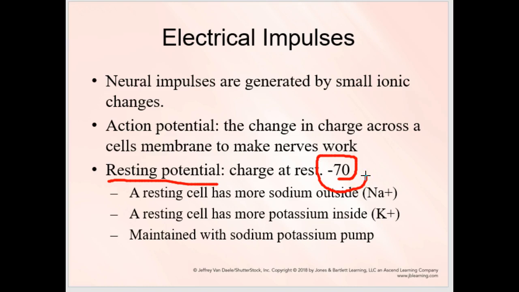The general gist of why it's -70 is that we put more positive ions on the outside, specifically sodium ions, and there are fewer charged particles inside, mostly potassium. They're positively charged, but